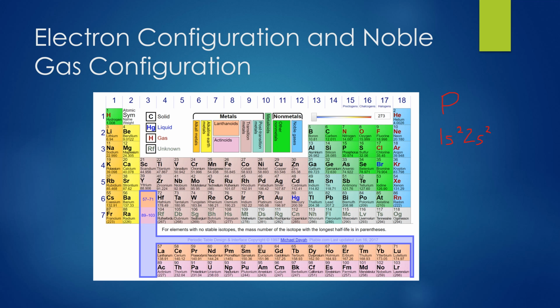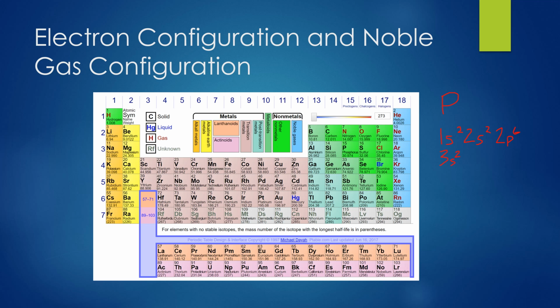Now let's come back over to the right side. We have now started to enter the p orbitals. If you look to your left, you'll see that there is a 2, so we're in the 2nd energy level of the p orbital. And as you can see, we do not reach phosphorus when we move all the way across the p orbital, so we have 6 electrons present in our p orbital. Jumping back over to the left side again, we are in the 3s and we do not hit phosphorus. So we're going to write 3s2,